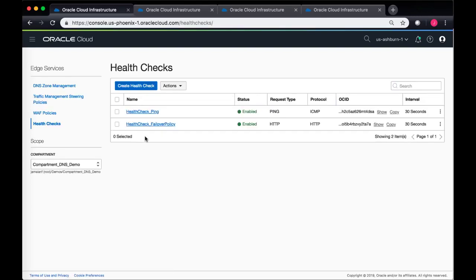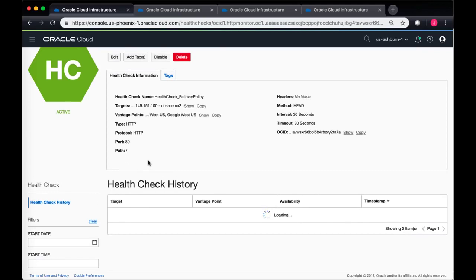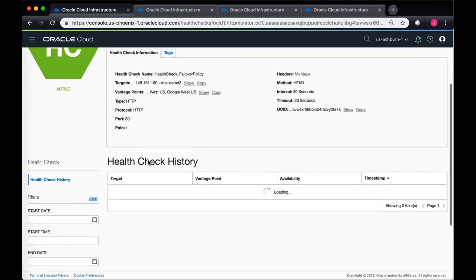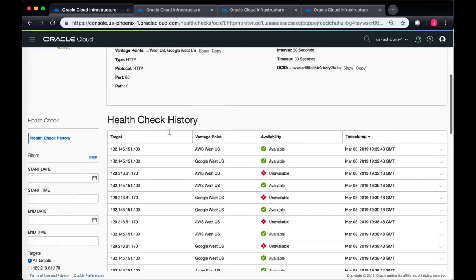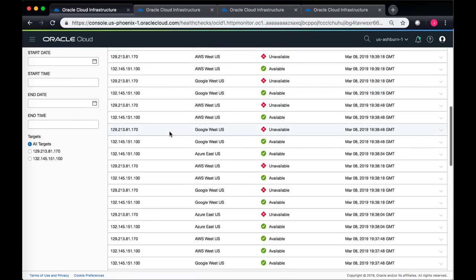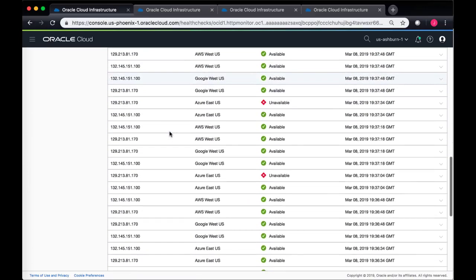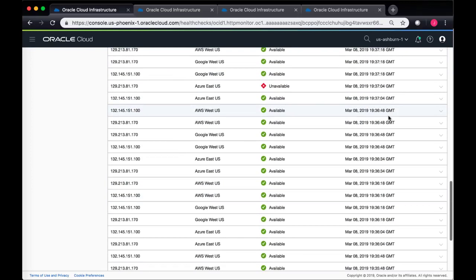So the health check that I created was health check failover policy. I'll go into the health check failover policy. This is the health check that was attached to my failover policy statement. And in the health check history, I should see, through the different vantage points, what is the current status of my web server. So you can see if I scroll down,